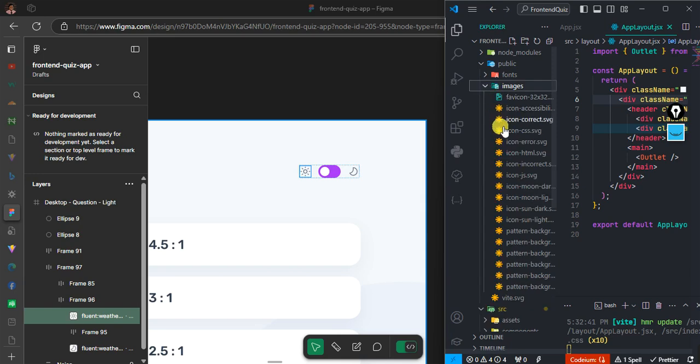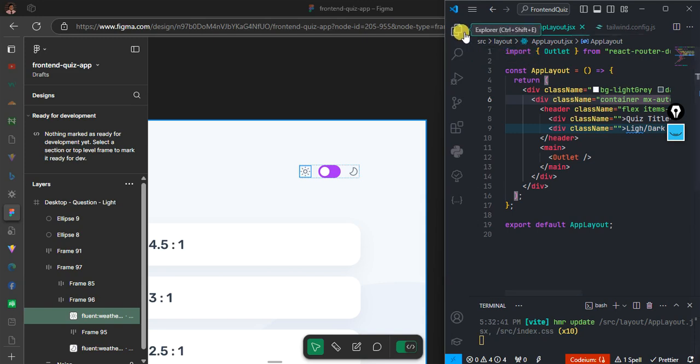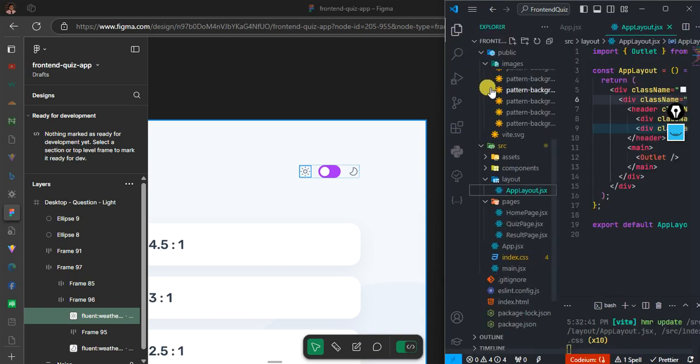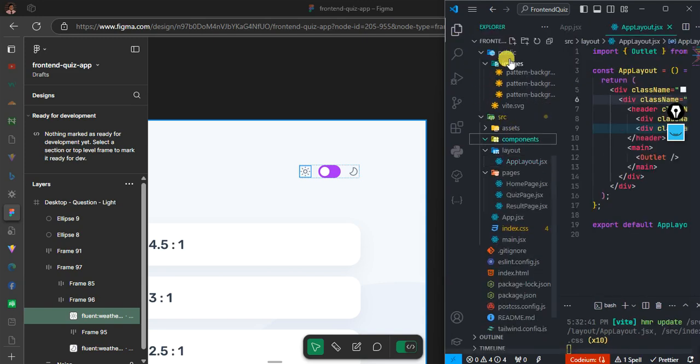So all these icons, we can use icon moonlight, icon moon dark. So this is the icon we are going to use when we get to that part. We can even quickly create the component for now. So under the component, we need to create this. Let me create the file. So it's going to be